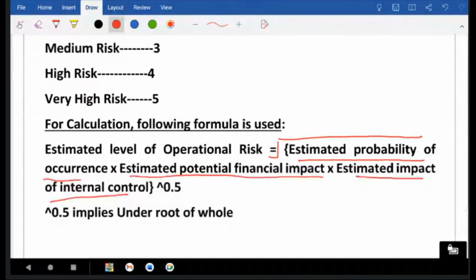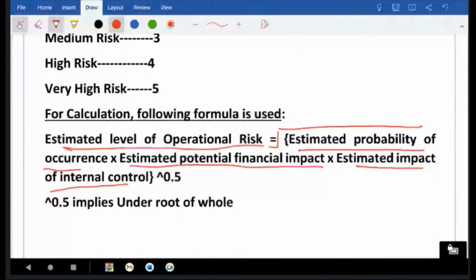Then what is the level of operation risk? So the level of operation risk is low, because we are getting the value 2. Okay, next is